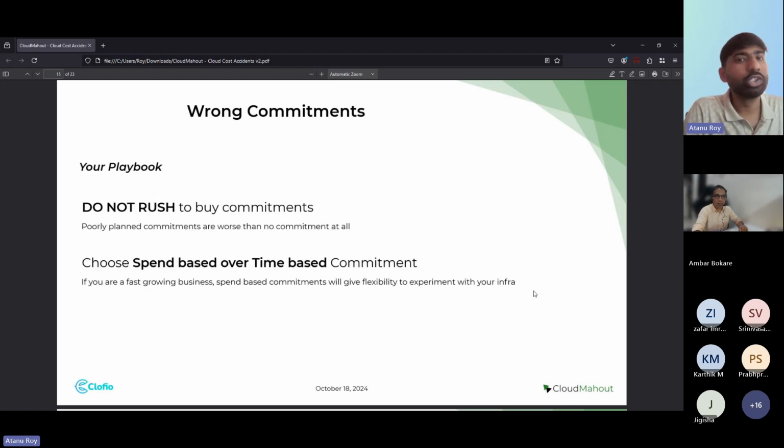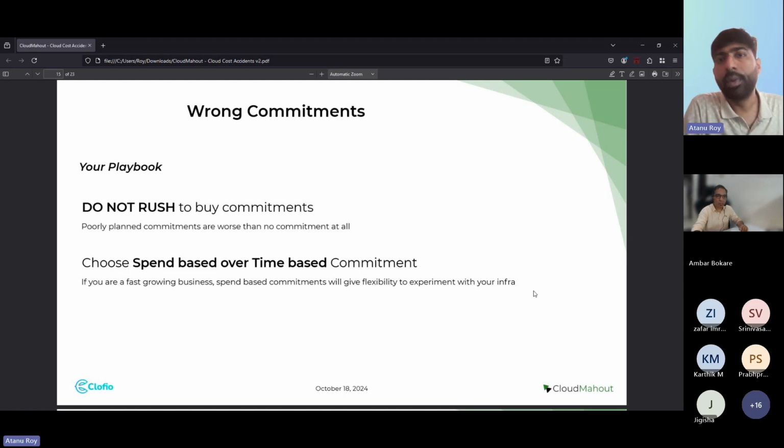As I am saying, do not rush into your commitment. A very good strategy for identifying your commitment is first running your infrastructure in your dev environment and understanding your spend pattern, which we have talked about in our first point, right? Right-size your resources first. First, understand what your need is, what you are going to run your infrastructure on, the capacity, then make a purchase, right? If you are very sure that, hey, this is an X large instance or 2X large instance, and I get, for example, 60 to 80% utilization on this particular instance size, then make a commitment. Do not make a commitment before understanding your workload first. You are going to pay money for capacity you do not use.